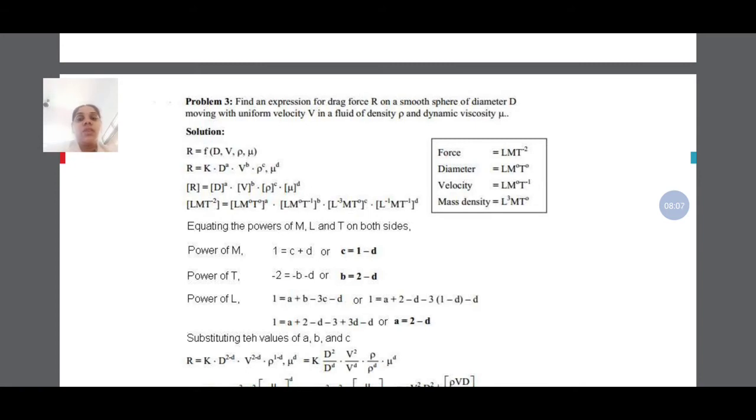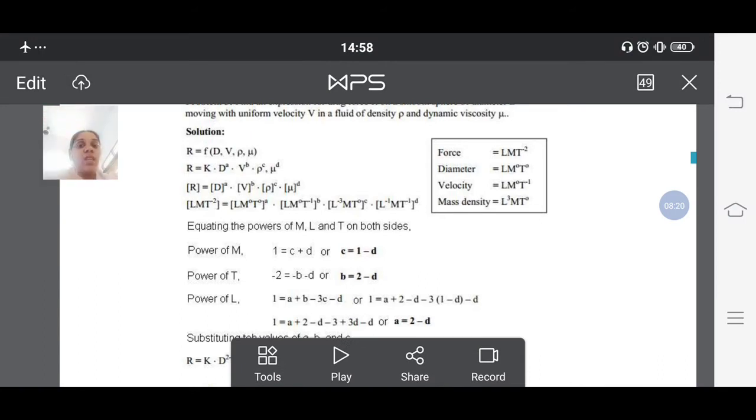So we have three divisions: the power of m, which will be equated on both sides, and then power of t, after that power of L. First we have to take power of m. From this equation, that is fourth equation, the power of m on the left side is 1, there is only one m term. To the power of m there is no 0 or more than one number, so m is equal to 1. On the right side, first term, that is for dA, there is no m term, and for B, arbitrary term, there is no m, and for C